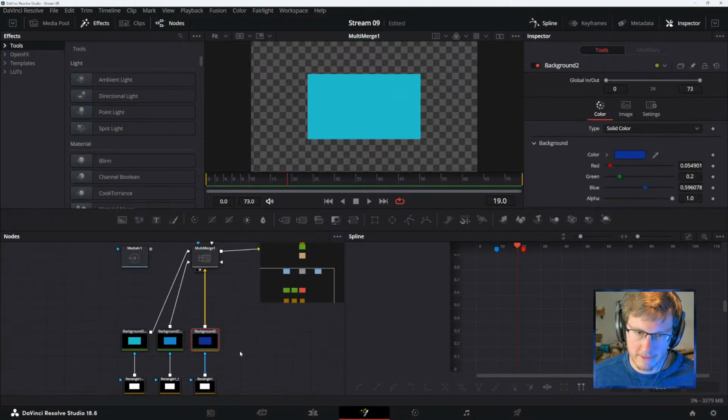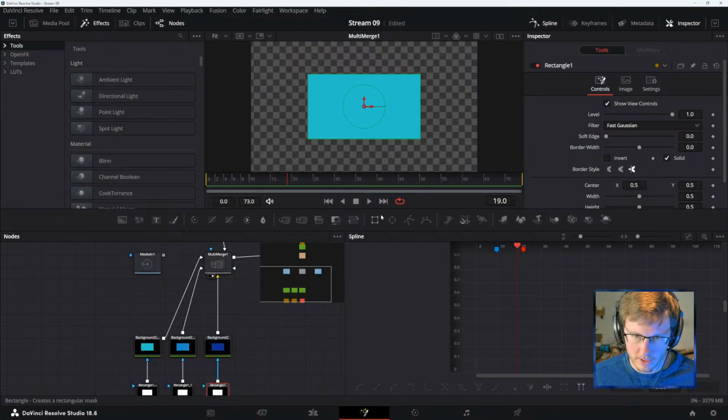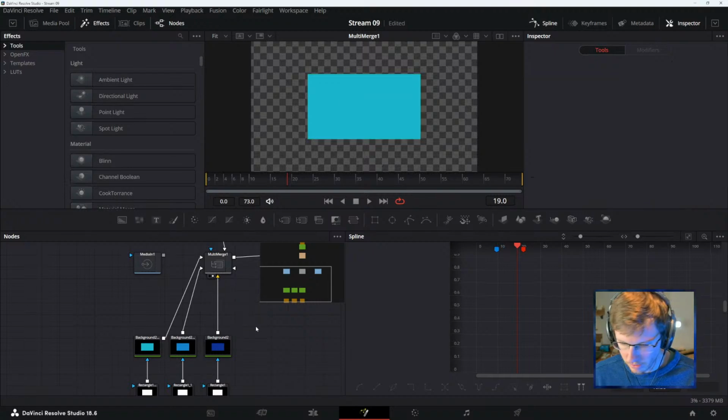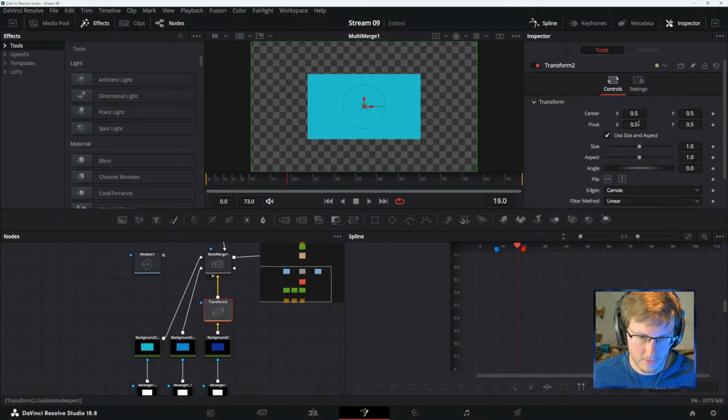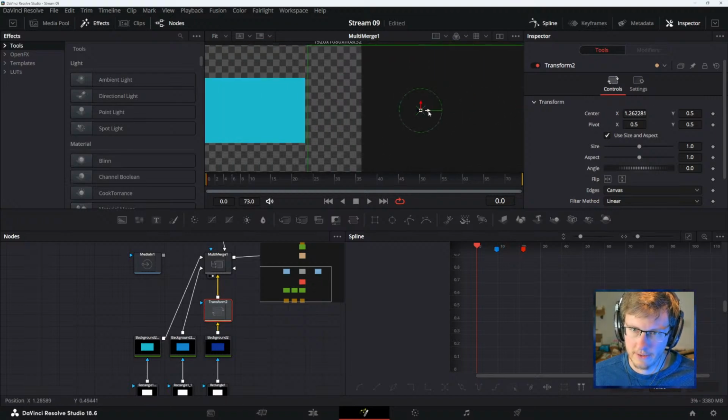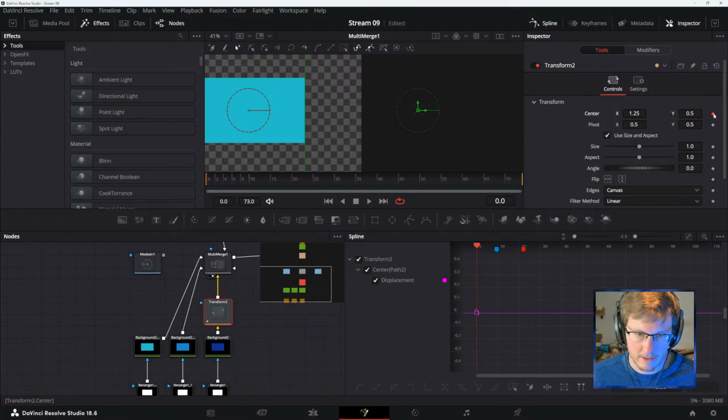All right, so with this one, I want to put in a transform here. That's a rectangle. That's a transform. And if we just animate it from here, and then it will come in at 15. No, 10.